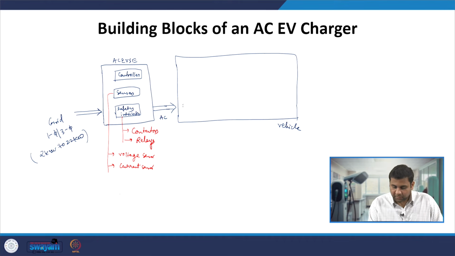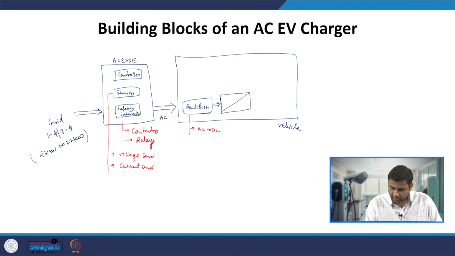So you have a rectifier. This rectifier converts AC into DC, and this DC will be fed to an isolated DC-DC converter,